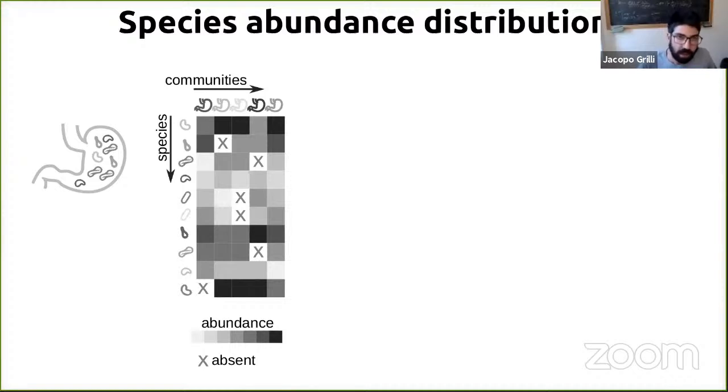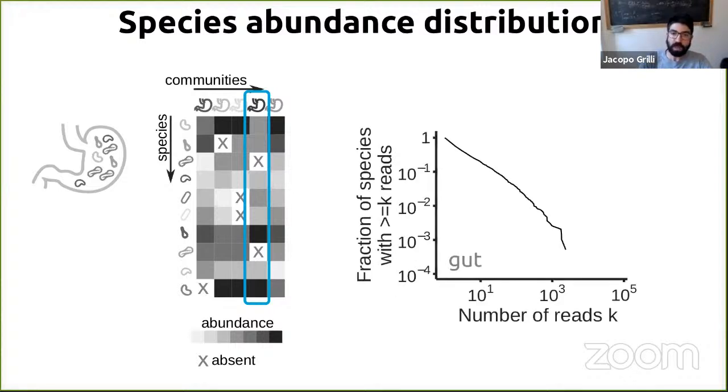Well, the most studied pattern in ecology is the species abundance distribution, which is just a distribution of abundances of species in a given community. So you can look at what is the fraction of species that is present in more than a given number of reads in a given community, and you find a distribution. And there is a large body of work trying to understand what is the right statistical model for this distribution and what are the mechanisms that produce these statistical models as a result. Now, if you repeat this for another community, you find some sort of common curve with some dispersion.